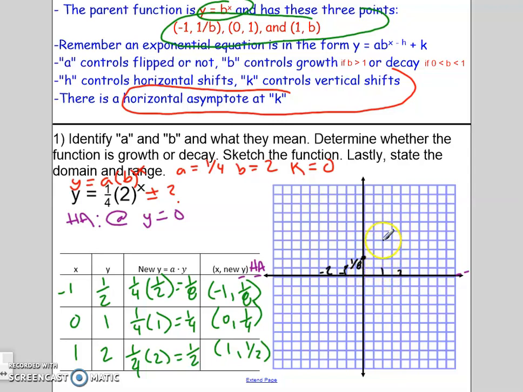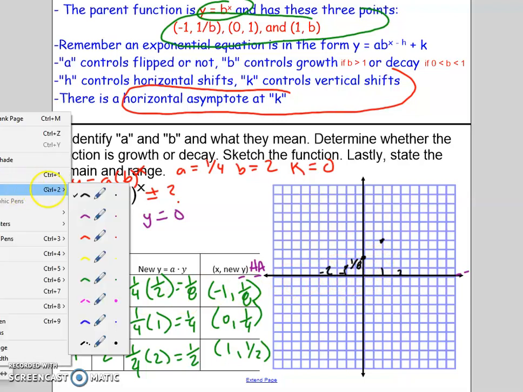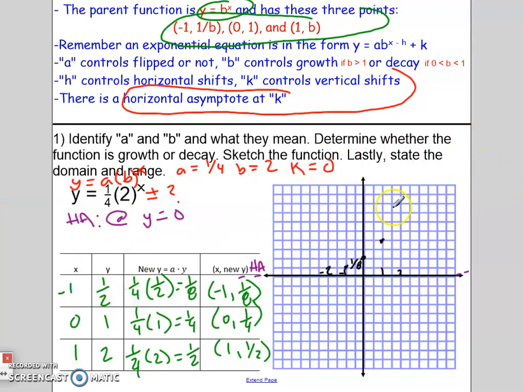So that would be 4 lines up, because if I have 4 1/8, I have 1/2. 3 dots plotted. I will connect them with a J-like curve. But again, remember, we're not allowed to touch the horizontal asymptote. And there we go. That's all it takes to graph